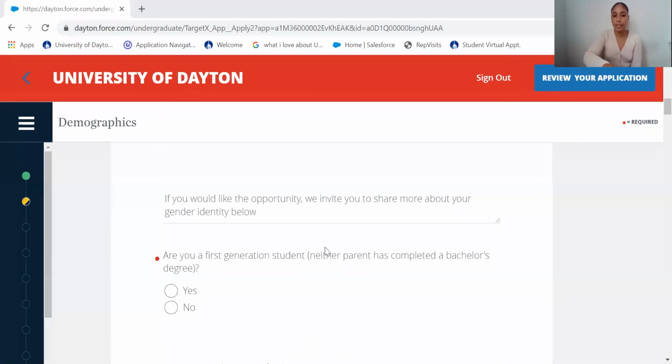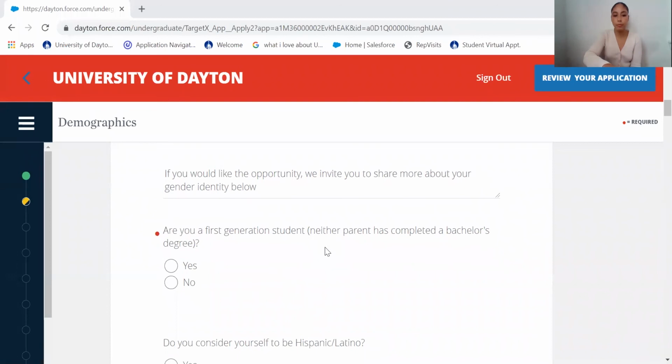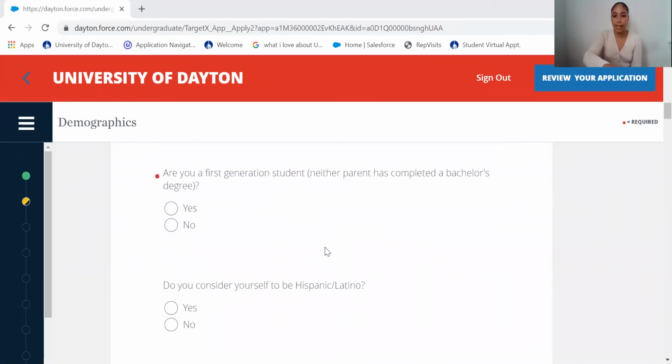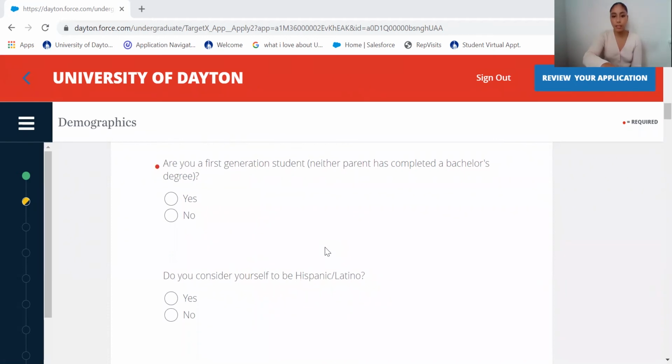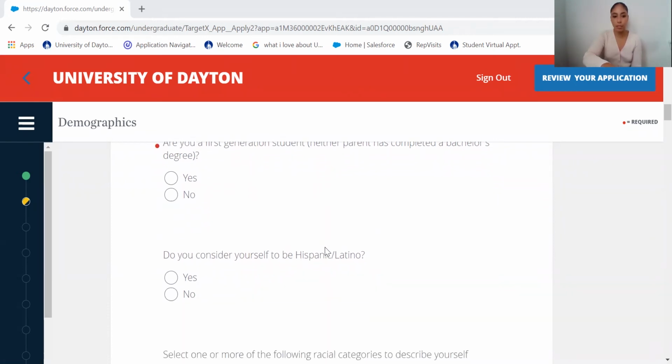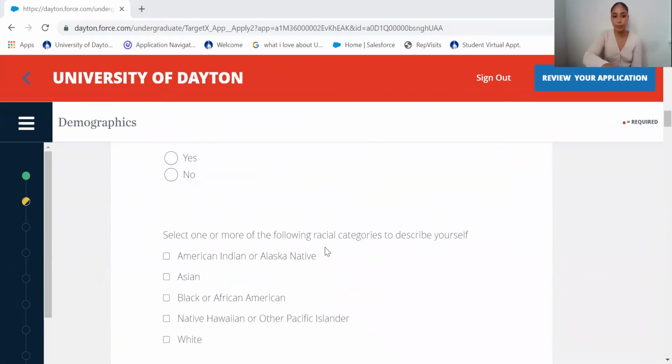As you can see, it's asking you for your general information, as well as some information specific to you. If you are a first-generation student, we'd like to see that information reflected and how you identify as well.